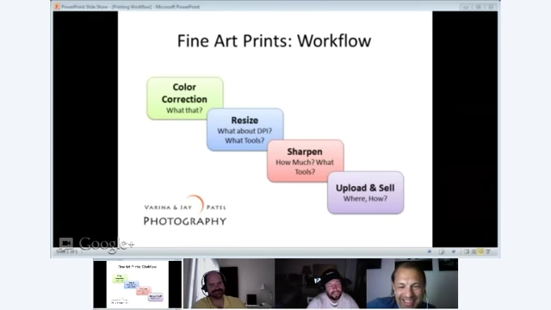Scott, your print, I know you sell through SmugMug to your clients, right? Yeah, and I have selected Bay Photo as being the printer for my pictures through SmugMug. And I have also selected that there is a print delay, so when someone orders a print, I have a couple days to review it, and if I decide that I need to touch up that picture or